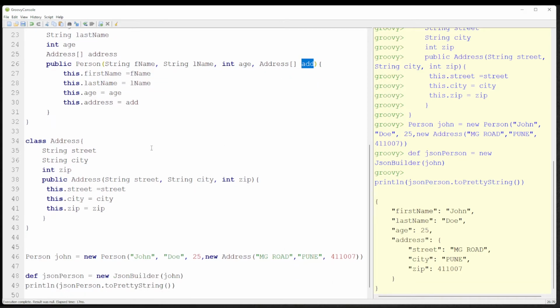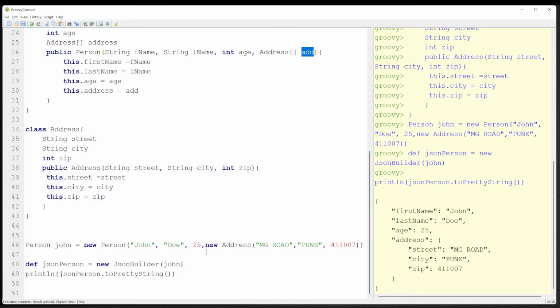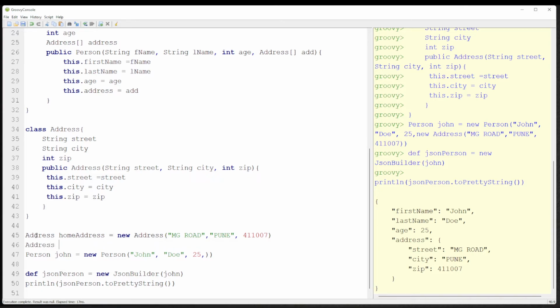So now we have these addresses. We earlier created one address. So let me create another object. So this was one object. Okay, we have to create two objects at once, and we need to pass them, right? So how can we do that? Address, right? The class this, and then we can call it home address. And if you're Sherlock Holmes, let's define another object as an office address,